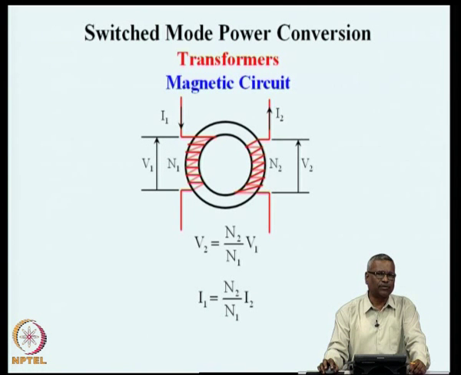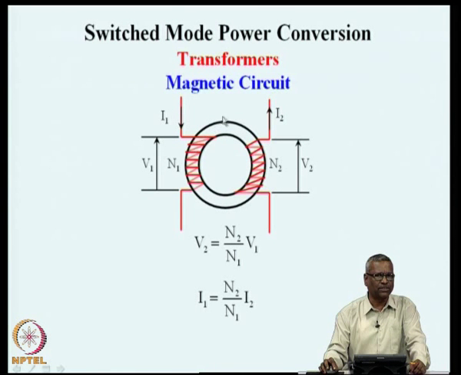Physically, a transformer has a magnetic circuit and an electrical circuit. The electrical circuit in this particular situation consists of two parts, a primary, the red winding shown here, and the secondary winding shown in red color here. And the same schematic I have now shown physically through a toroidal core. The shape is not very important, we will see later. There are many preferred shapes available. We will see from the standard data sheets the different kinds of core shapes that are available.